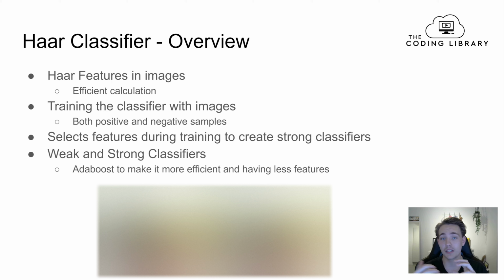And if they match, we can find different kinds of objects that we train our model on. When we're training our model, we train it with images where we need both positive and negative samples of what we want to detect or recognize. In this case, with the persons down here, if we want to train it to detect persons, we need to give our classifier a lot of images with people on them, and we also need to give it a lot of pictures where there are no people on them,